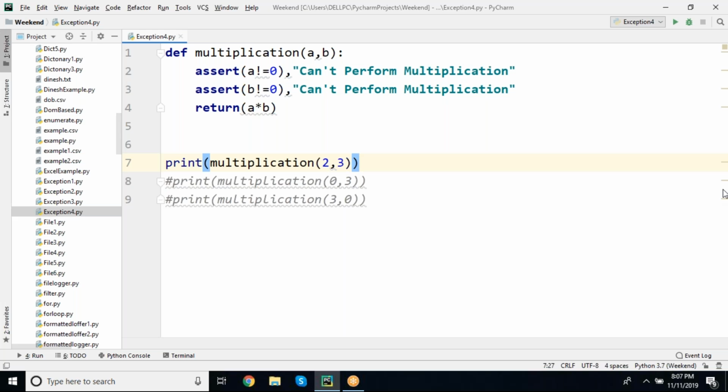Like this, if you need to check any condition before performing certain operations, at that time you can take the help of this particular assertion. Okay? Yes. This is what your exception handling is all about. Got my point, right? Yes. Now, write down the heading